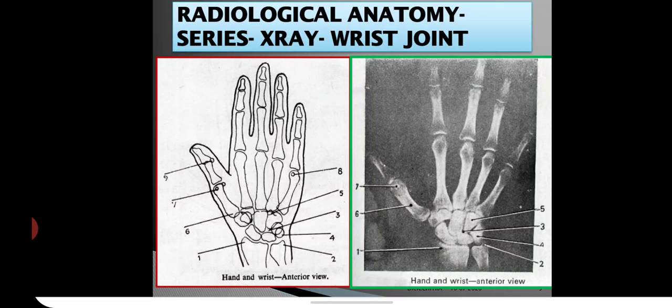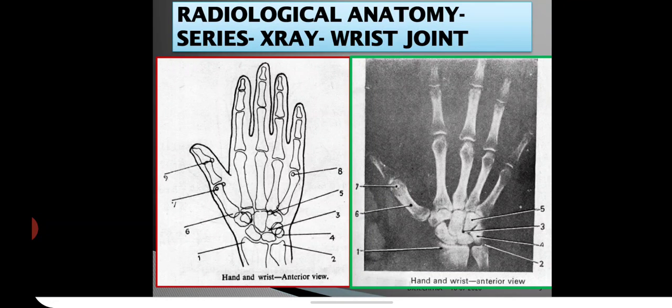are the sesamoid bones, 2 in number, opposite the head of the first metacarpal bone. So these are marked in the X-ray, 1 to 7. If you see the diagrammatic diagram, 8 and 9 are also marked. 8 is sometimes a sesamoid bone opposite the head of the fifth metacarpal. So this 7, there are 2 sesamoid bones opposite the head of the first metacarpal, formed in the tendon of the flexor pollicis brevis muscle.